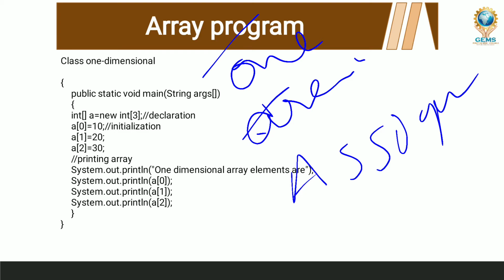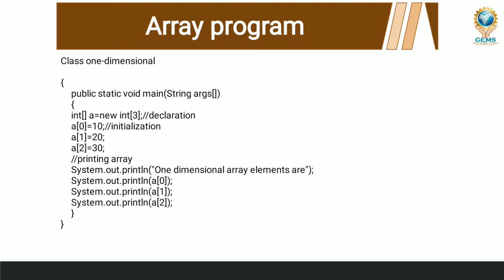Second is declaring the array. Here the declaration is there, the declaration part. And this one is the assignment part. Three parts we can observe here. First, what is a one dimensional array, second, what is declaration, third, assignment. So here we can observe the one dimensional array. So here int a = new int[3], this is a declaration.